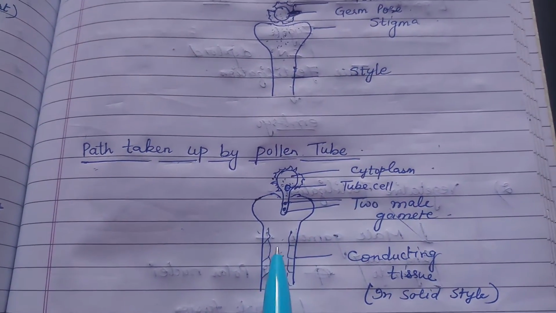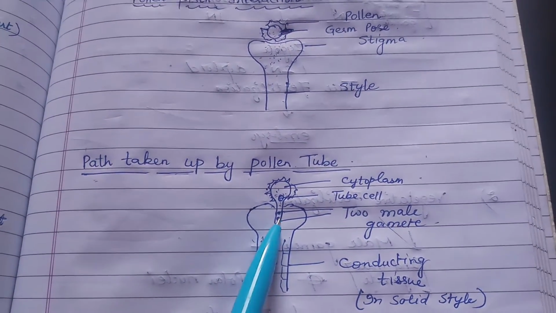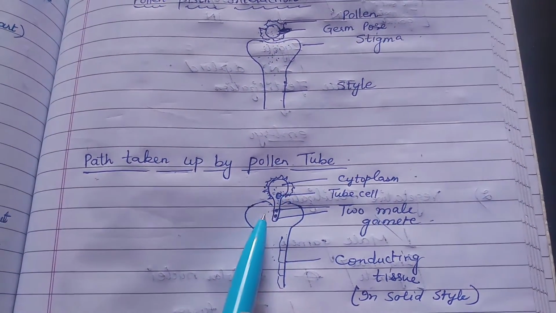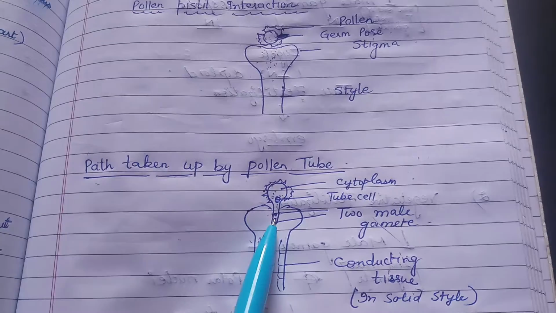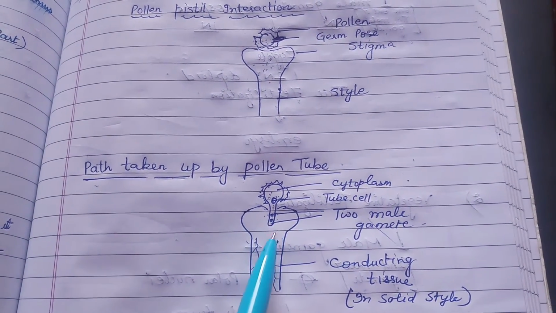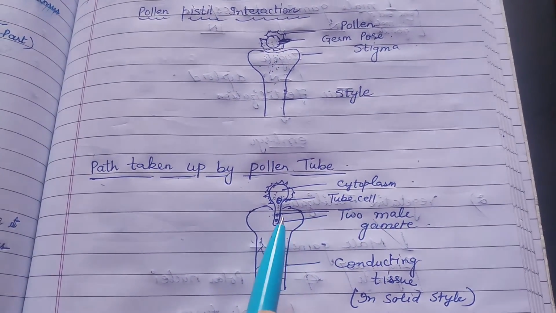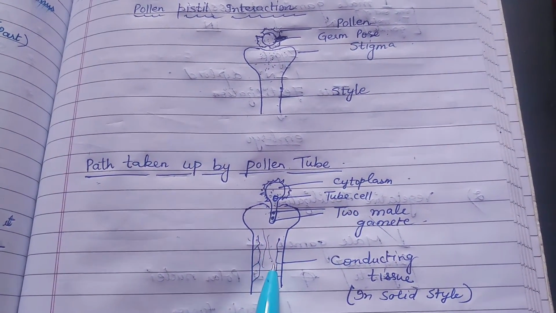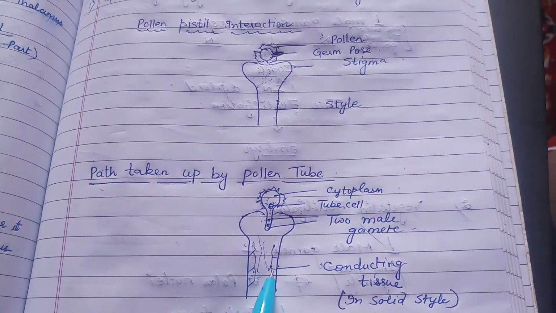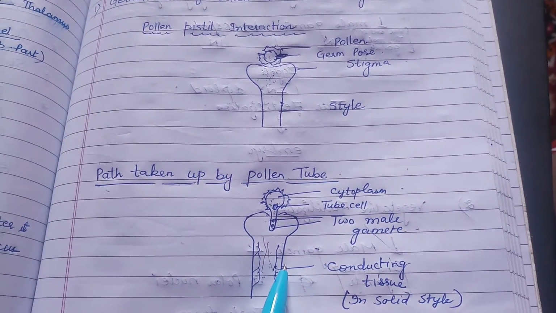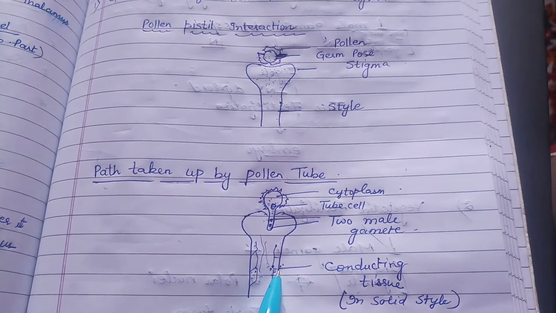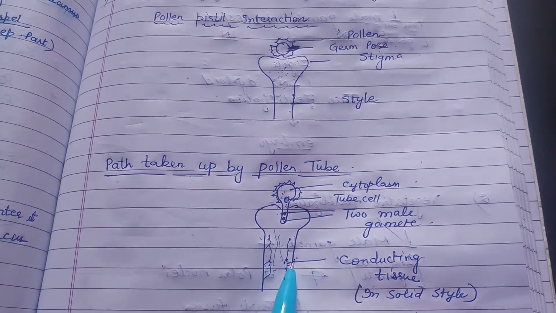The pollen tube contains two male gametes and one tube cell, a vegetative tube nucleus and some cytoplasm. It secretes enzymes like pectinase and other hydrolytic enzymes to create an intercellular path for itself to the stigma. It passes through the style along its canal or conducting tissue in the case of solid style. The advancing pollen tube obtains nourishment from the special cells in the style.